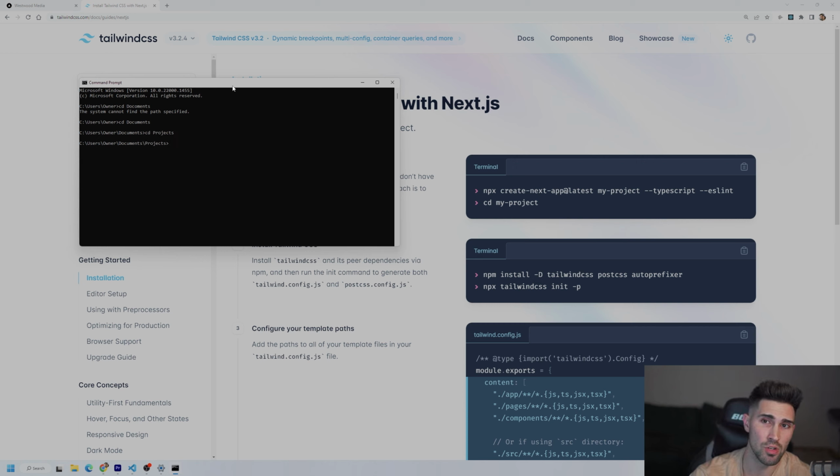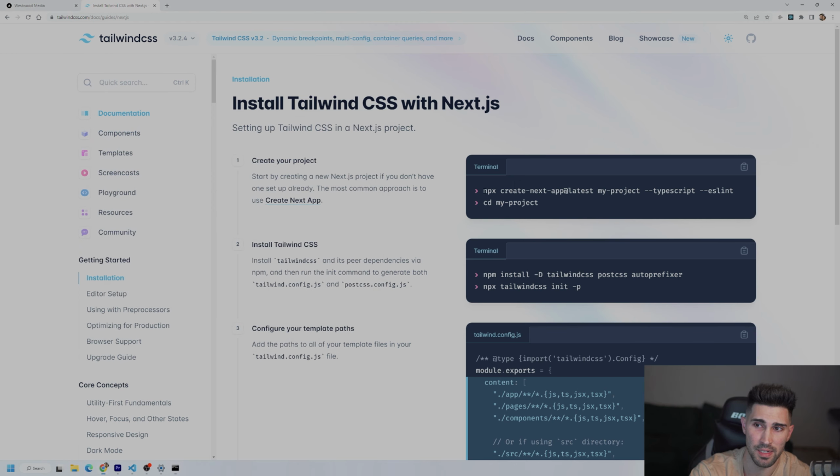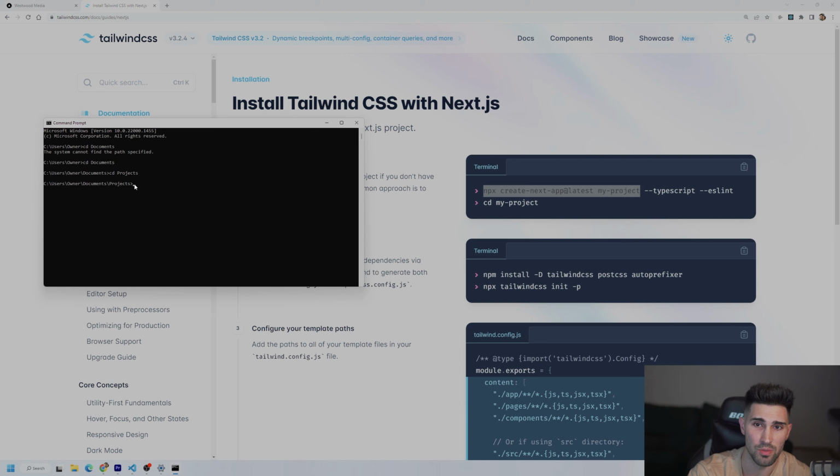And you can follow along with this process if you go to Tailwind CSS and their docs. So the very first step is we're going to create a Next application, and we're going to do the latest version, which is Next.js 13. We're going to go to the terminal, copy, paste it. We're going to name the project Navbar Practice,